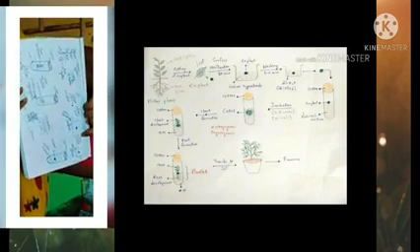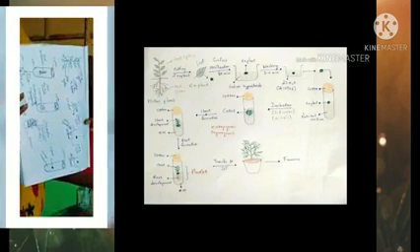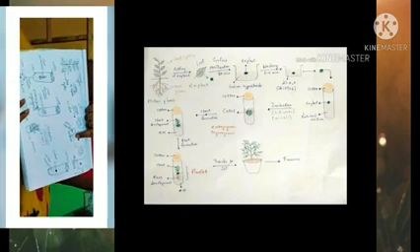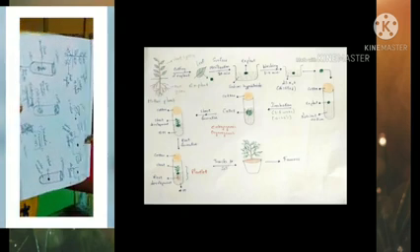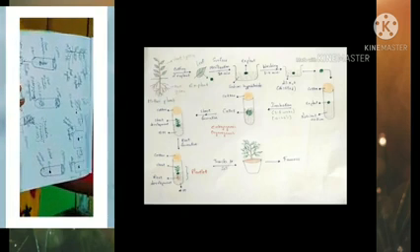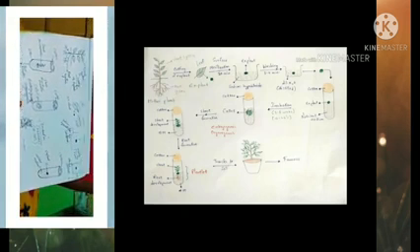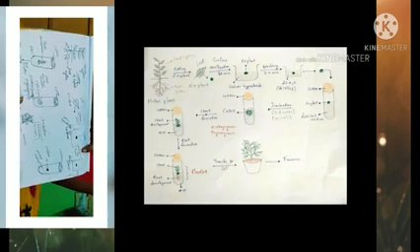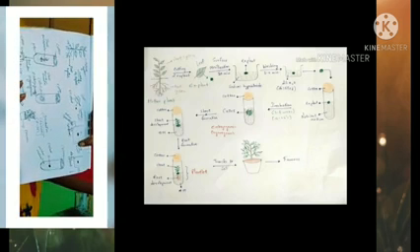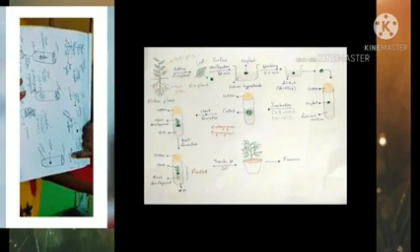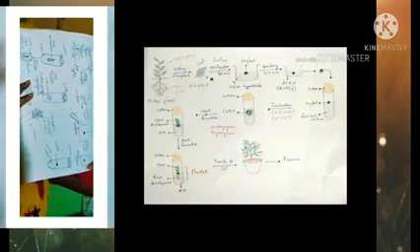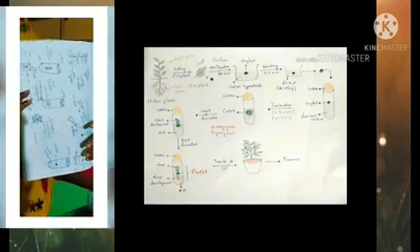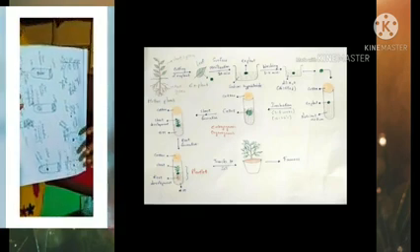Then we need to do surface sterilization to remove the bacteria. This is the beaker I have chosen. This is the sodium hypochlorite solution. In that I have put the eggplant, and I have kept it for 3 to 4 minutes. This is another beaker. I have put dilute H2O in it, and in that I have put the eggplant.